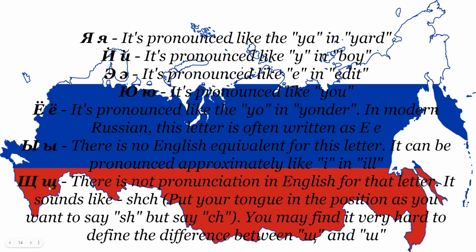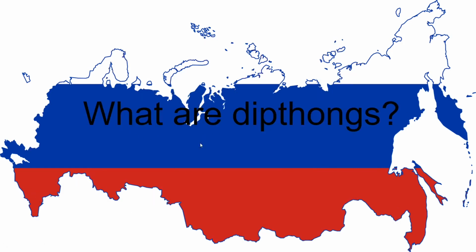Next we have the sh sound, which sounds a bit like pronouncing SHCH, sh, and then ch, and you say them together. Then we're moving on. There's also 2 more here that aren't really included that are very similar to the sh and the yo. So if you see a regular looking E, it's pronounced ye, as in Y-E. And if you see one of these little sh looking things but without the little tail, it's just a regular sh sound.